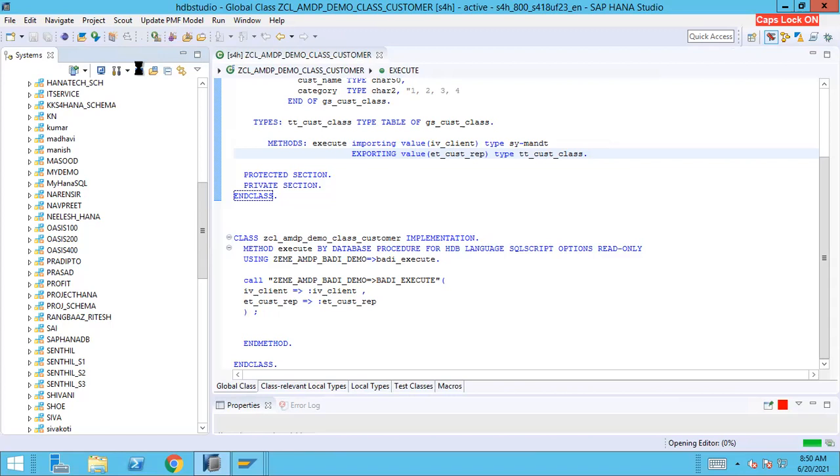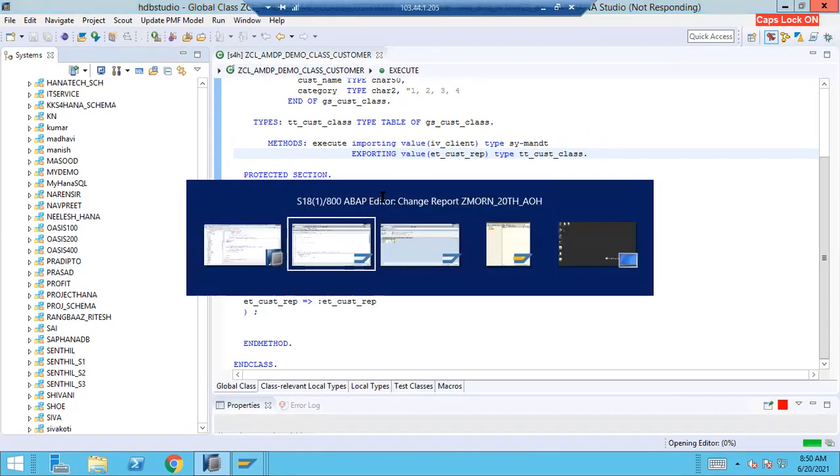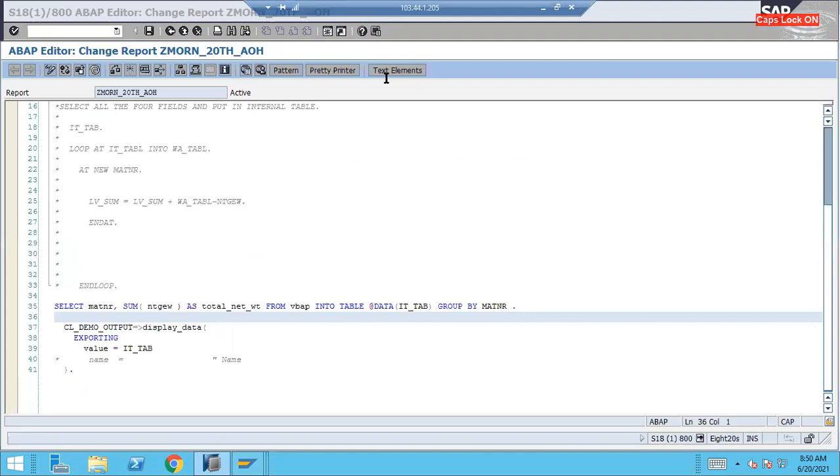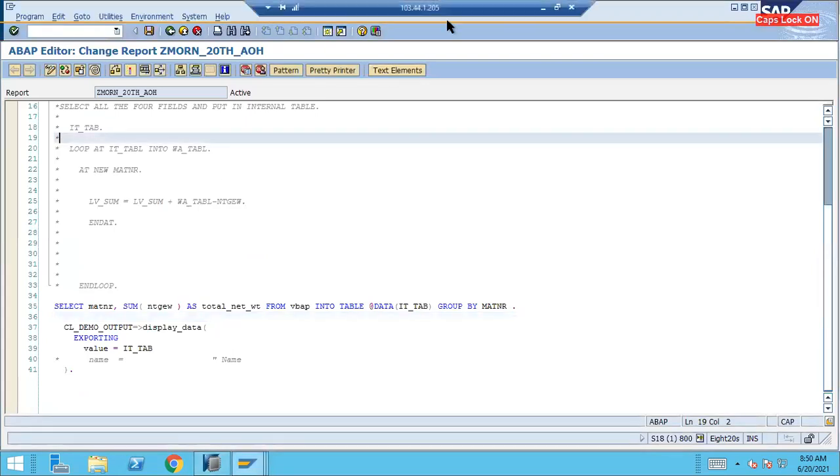And once the SQL console gets opened, there you can write your SQL script code and check how it's working. It's taking some time; it will open a console and there you can write the code. So these are the different things which we have, right?